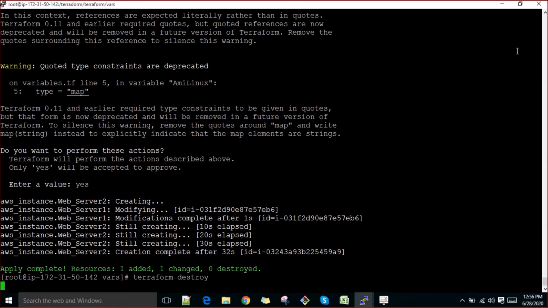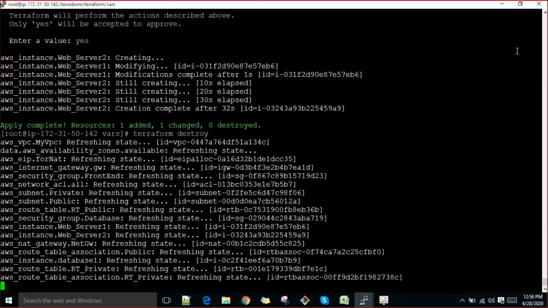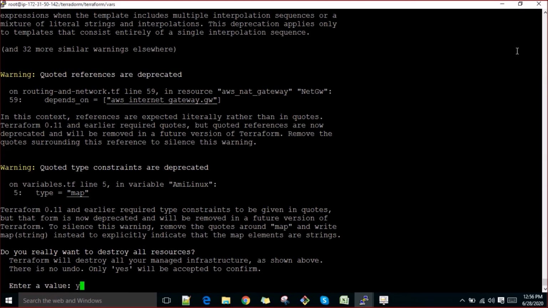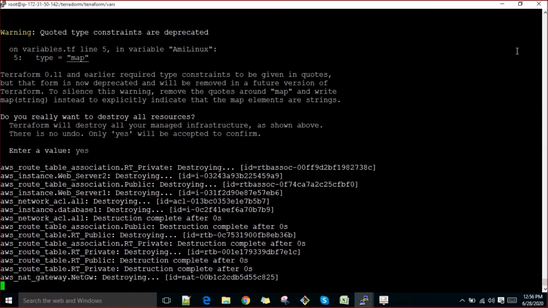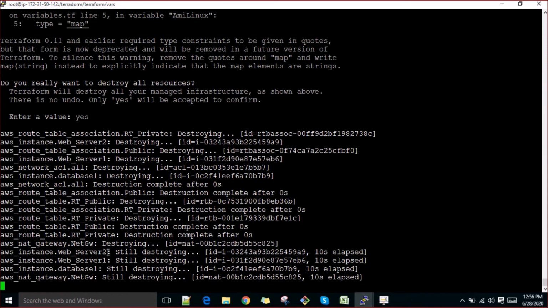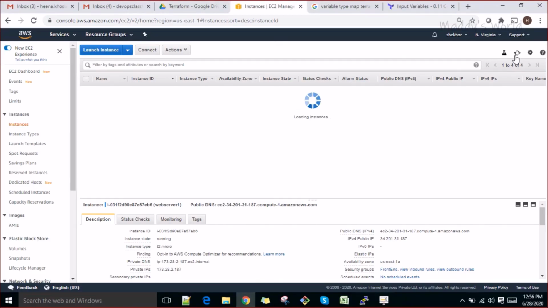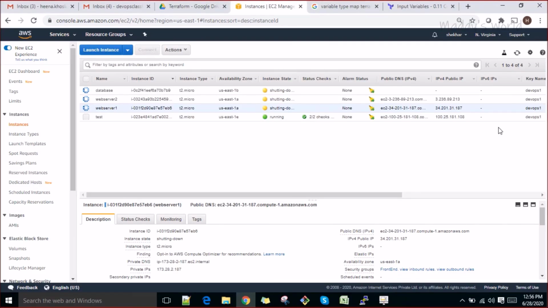So after doing your POC, you can quickly go ahead and destroy all your resources in a minute. Even destroying this many resources would have taken a hell of a time, which has been done in a matter of minutes here. You can see shutting down and termination has started here.